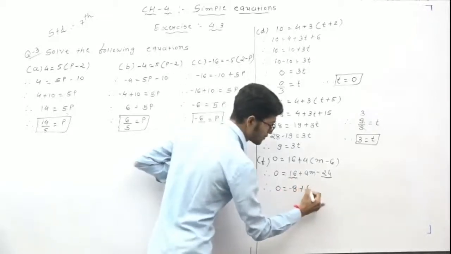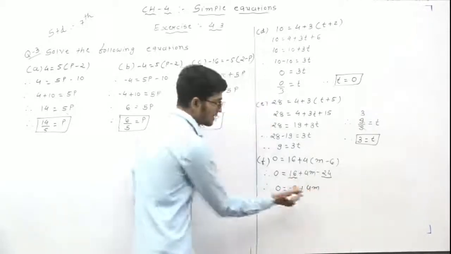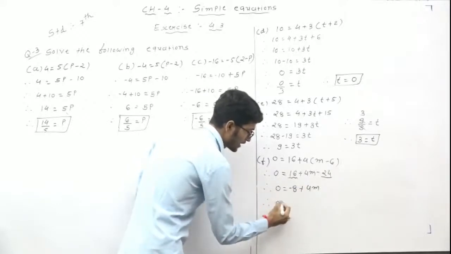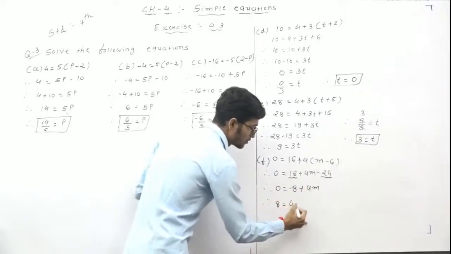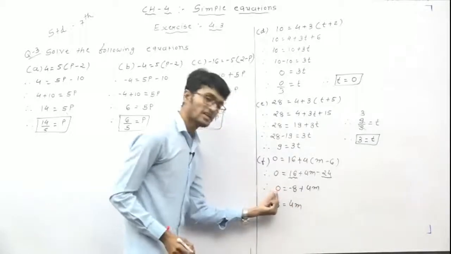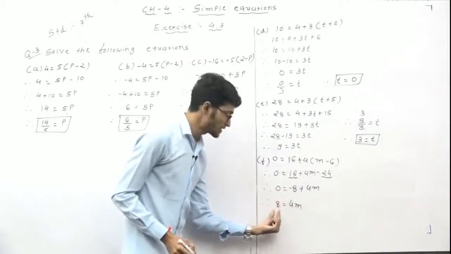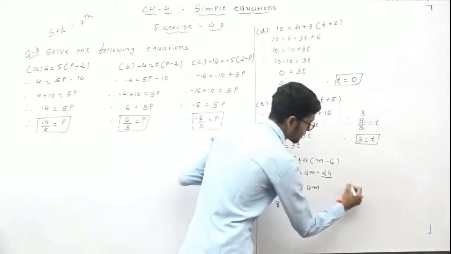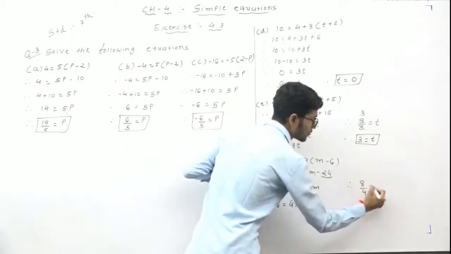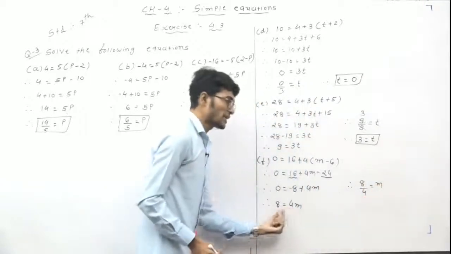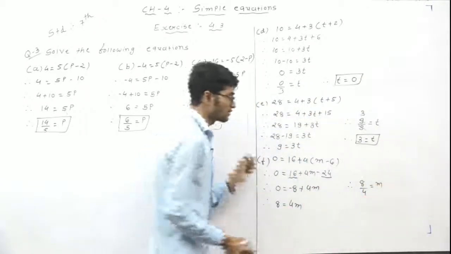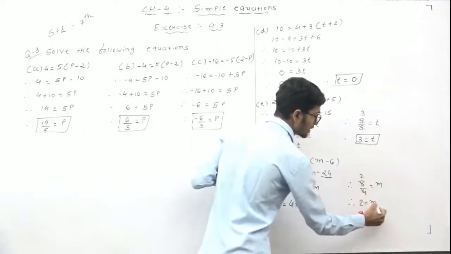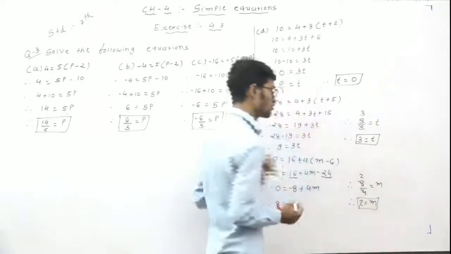And then plus 4m. Minus 8 on this side, it means both sides add 8. On this side, 8 is equal to 4m. Put it on this side: 0 plus 8 means 8, 8 is equal to 4m. Now 4 is multiplied on this side, so 8 divided by 4. Here 4 is multiplied, so on the other side we divide. 8 divided by 4 means 4 twos are 8. So 2 is equal to m. The m value is equal to 2.